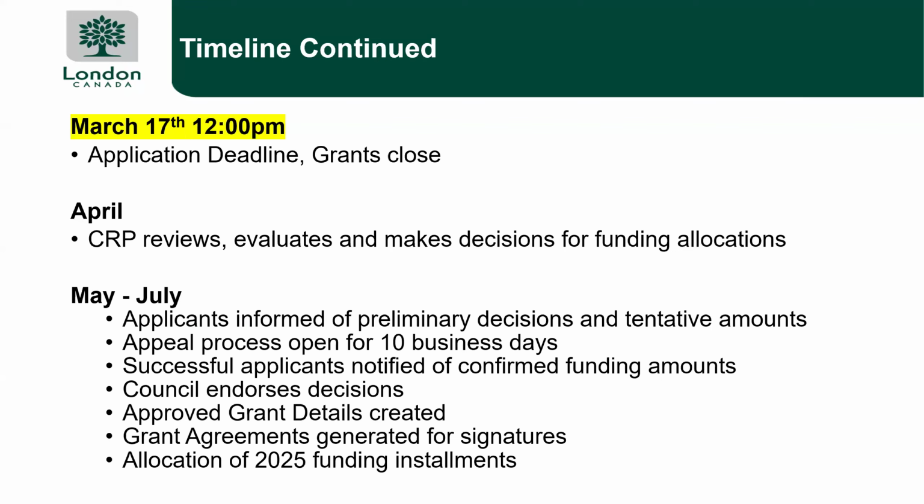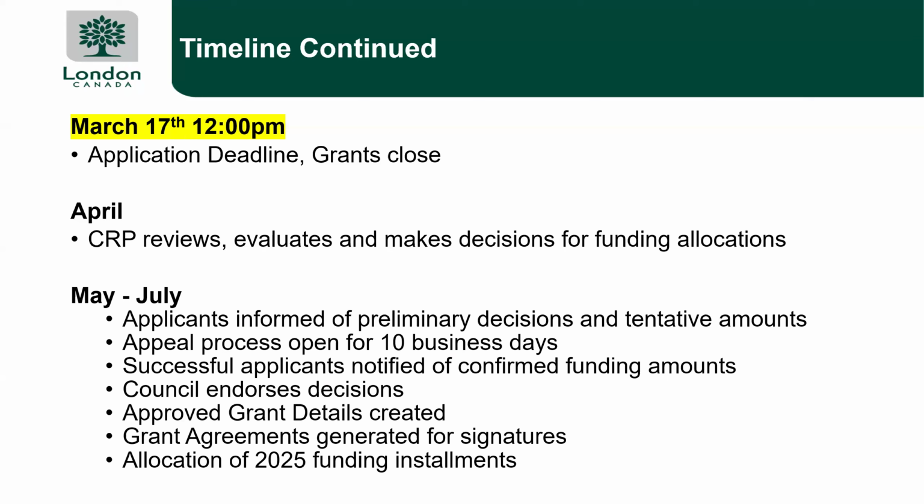If you've been declined or if your application has been approved, you will receive a tentative amount. So we could be saying, yes, we would like to support your application with $6,000. However, the amount is tentative because we still have to do that appeal process. So we have a 10-day, which is 2 weeks, appeal process where people can apply for an appeal based on that very specific criteria: new information that you did not have at the time of the application, or some kind of procedural error.